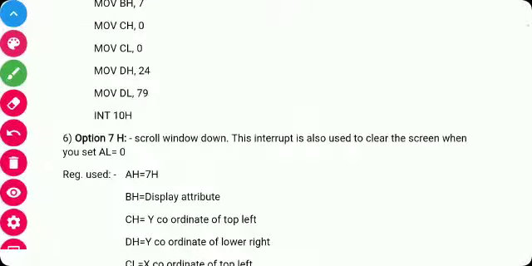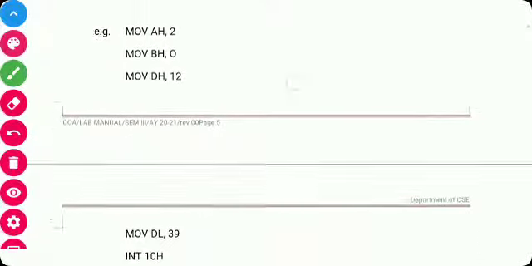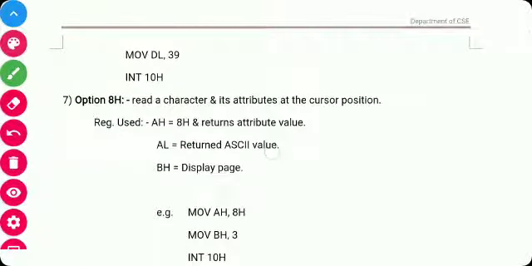Then 07H, which scrolls the window down. After that 08H, which reads a character and its attribute at the cursor position. It means wherever the cursor is on the monitor, it will read the character and its attribute at that position.